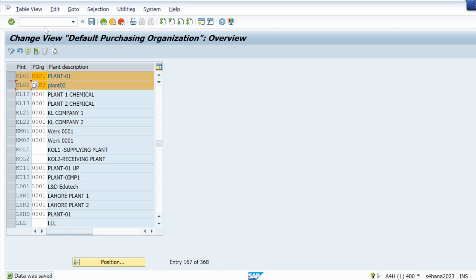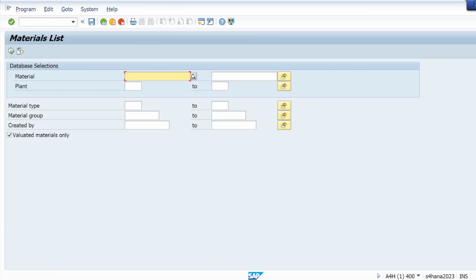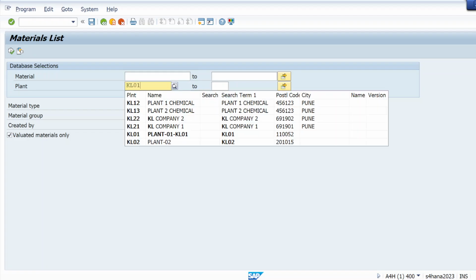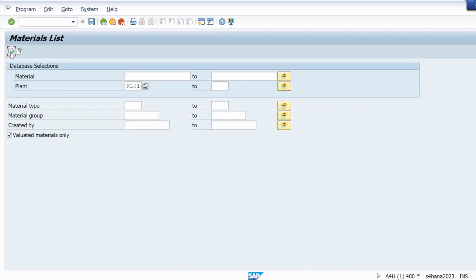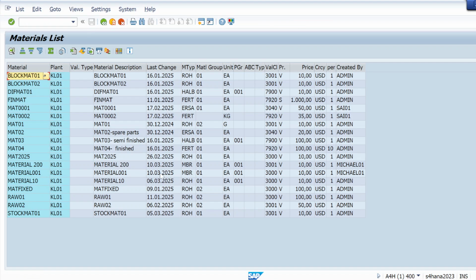First, let me open the list of my materials by using T code MM60. Here let me give my plant and execute. This is my list of materials.